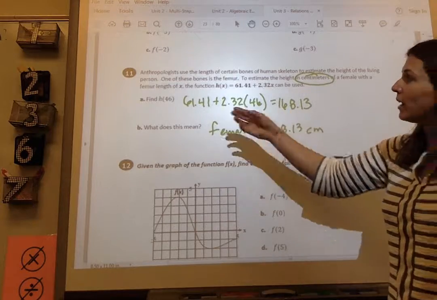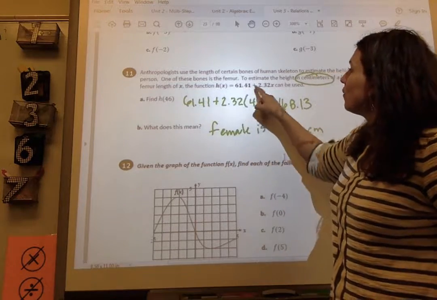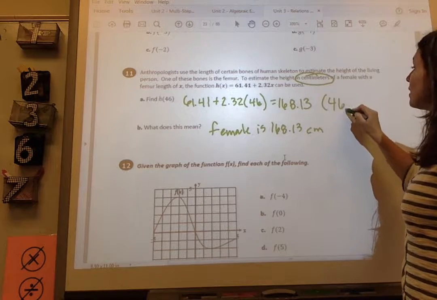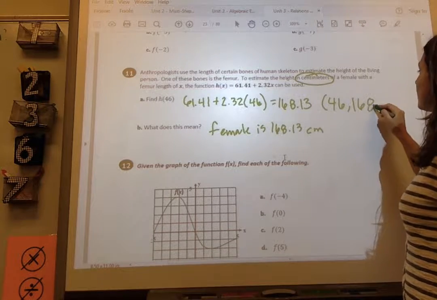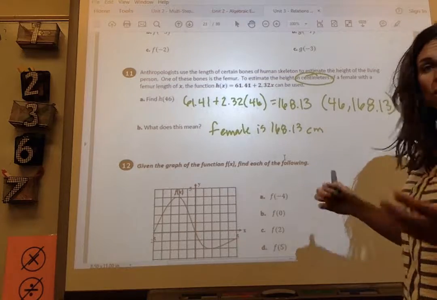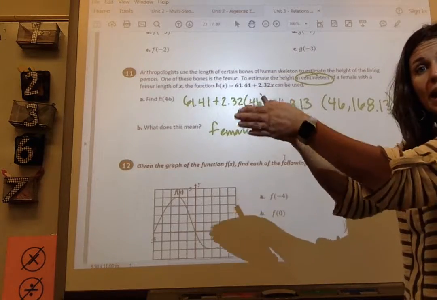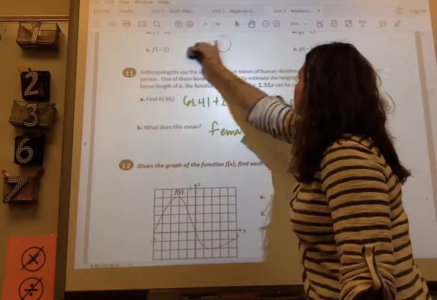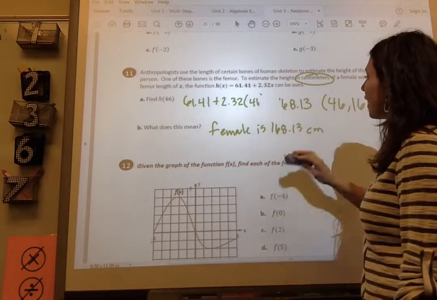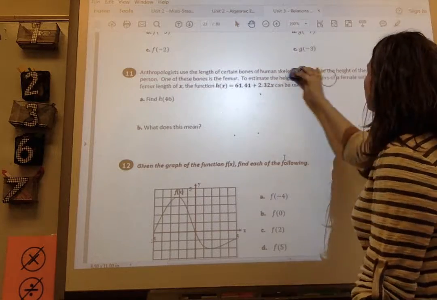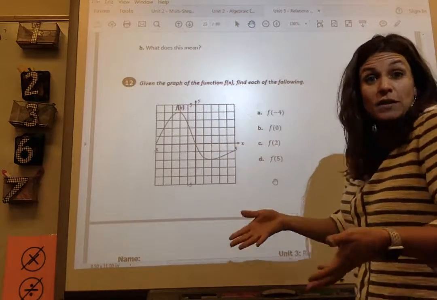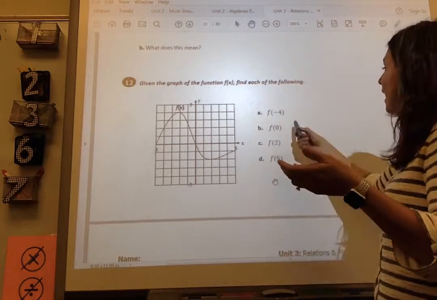Okay, so again, we're evaluating when x is 46 and it's spitting out that output. So when x is 46, my output is 168.13, if I wanted to look at that as a set of ordered pairs. X is this, y is this. All right, so I said we were going to go over number 12 today in class. So I want you to look at it in the form of a graph. Well, remember, this is really just a fancy way of an ordered pair. So it's asking us,